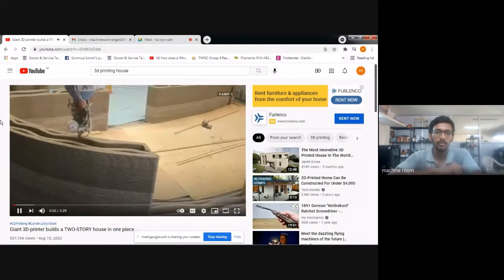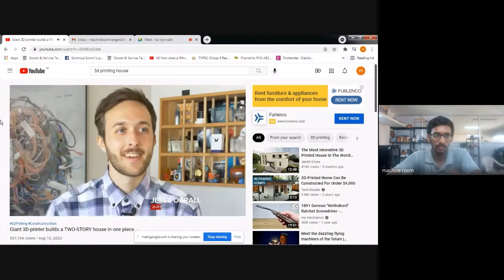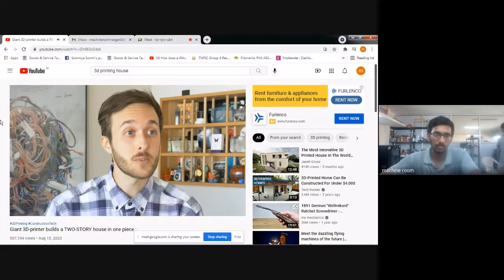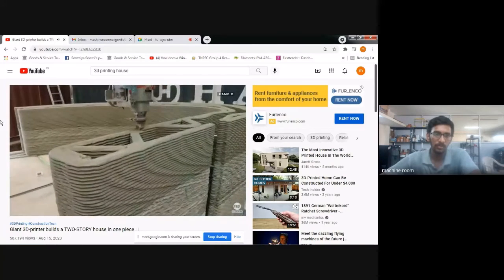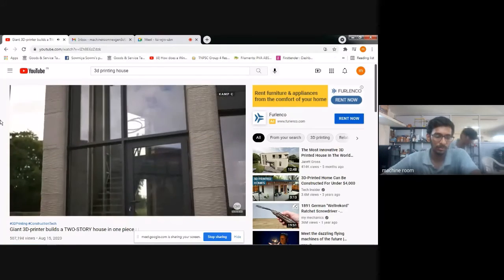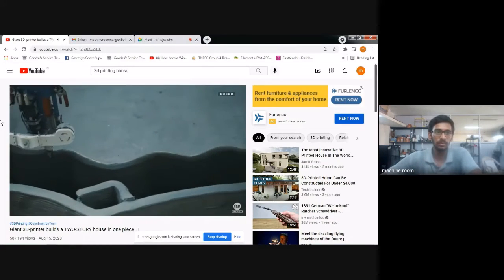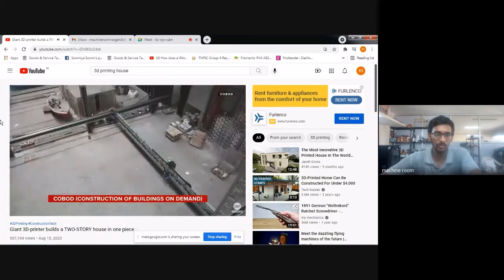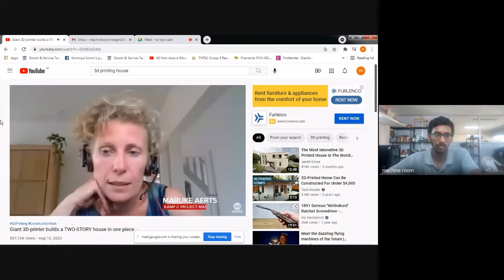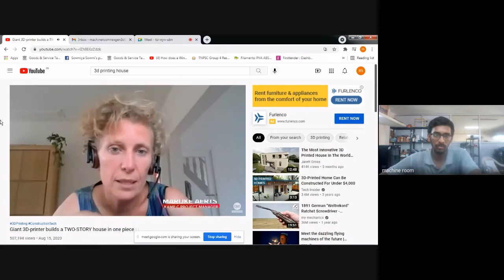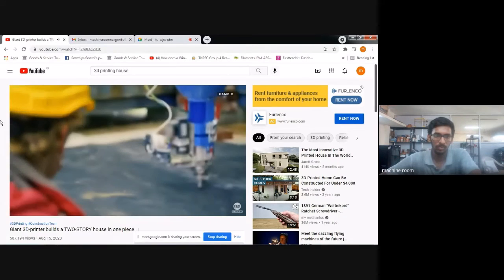3D printers can print 2-story buildings now. What's next? Windmills? Swimming pools? What's that? Windmills and swimming pools are what's next? Belgian company CampC recently finished construction on its first 3D printed 2-story house. The 2-story house was printed by a machine called the BOD2 from a company called Cobod, which is short for Construction of Buildings on Demand. It's a little bit like the little 3D plastic printers. They enlarge it and they feed it with concrete, and then you have a big concrete 3D printer.